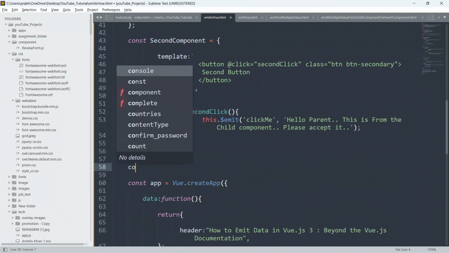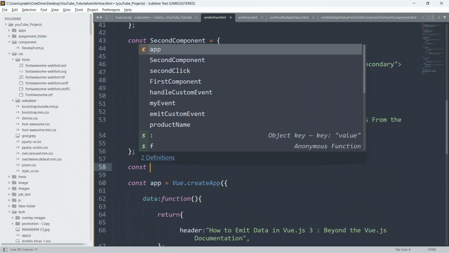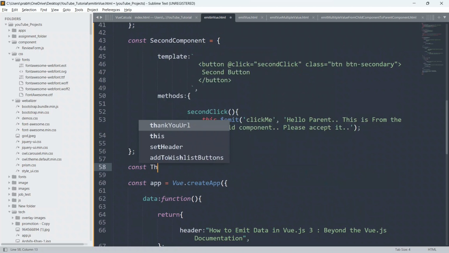I'll say const, give here third component, equal to open and closing braces.